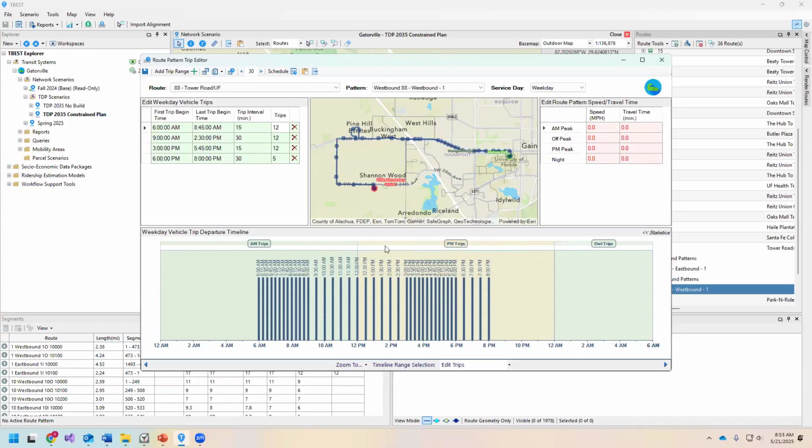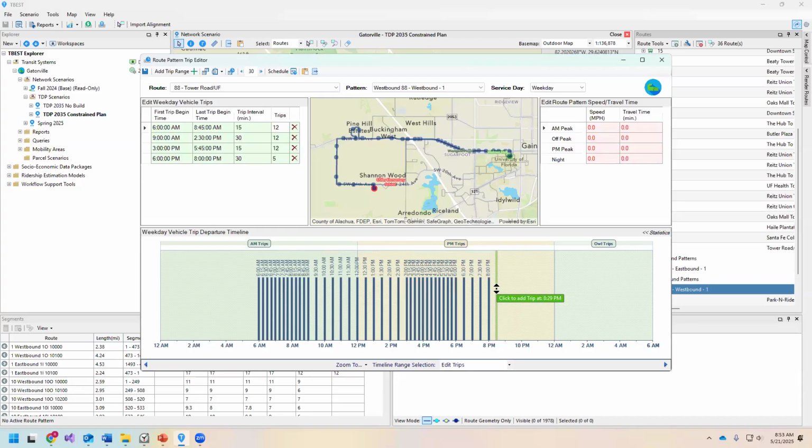On the next step, 4, click on the interactive timeline to manually add a trip at 8:30. All right, so now we're going to interact with the timeline a little bit. Basically, whenever you're hovering and moving in the timeline, it's going to say click to add a trip at whatever time you're on in the timeline. So we'll just hover over 8:30, and sometimes you need to just kind of work with it to get